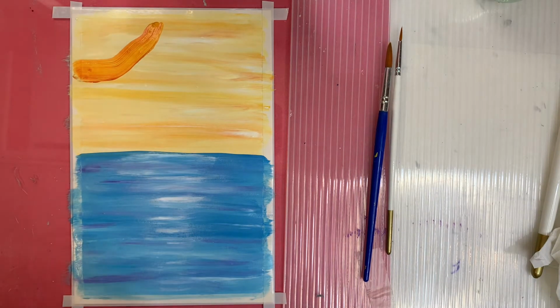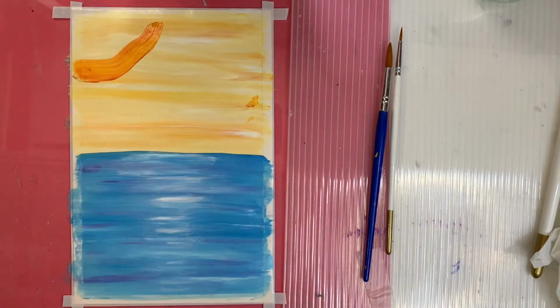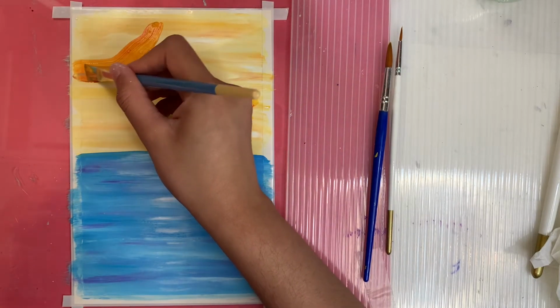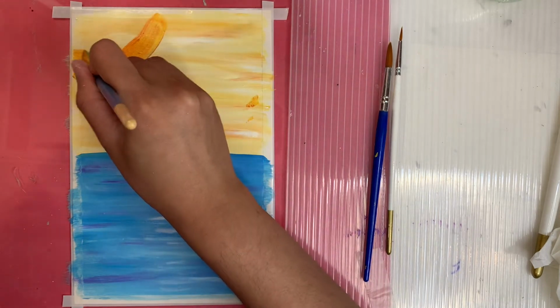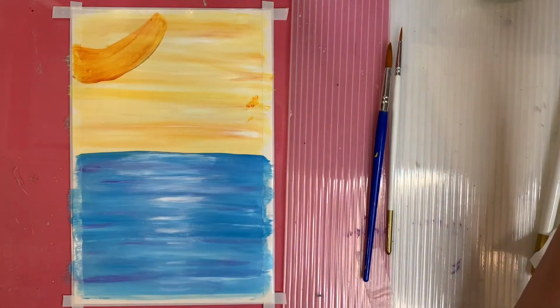Okay, and I know it looks slightly a little bit orangey because I use yellow color, which is a very darker yellow. It's not a lighter one. So this is the lighter, this is the darker yellow. I'm using this one. Okay, so after I add this, I'm gonna go back one more time to make it a little bit thicker. Okay, and then I'm gonna clean my brush,